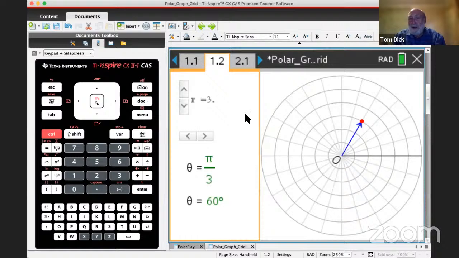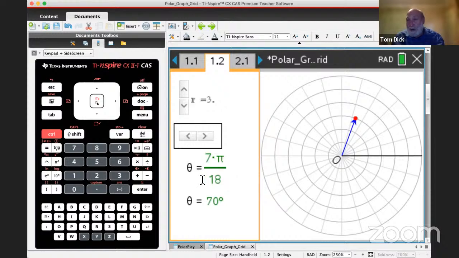Now you can have a couple of sliders here that control the radius and the angle. You can see the angles in both radian and degree mode down here, but radian is going to be the mode to be in for